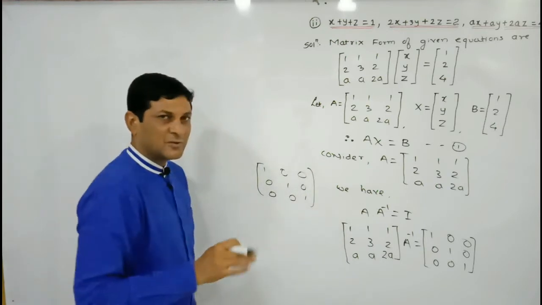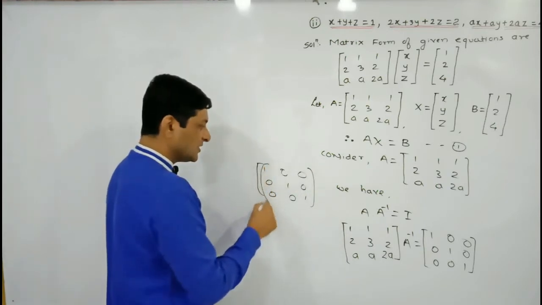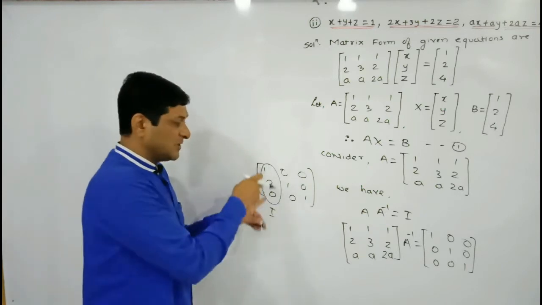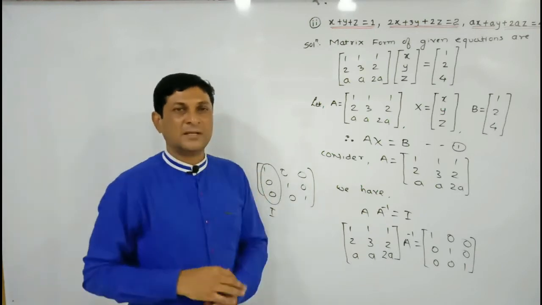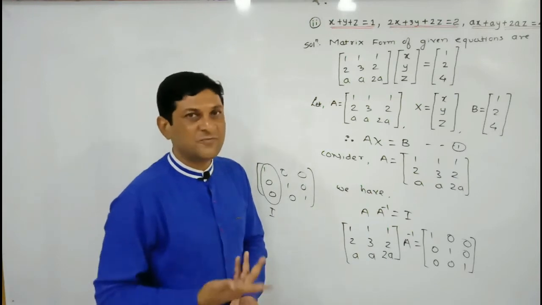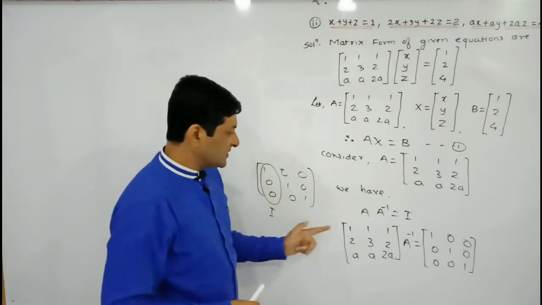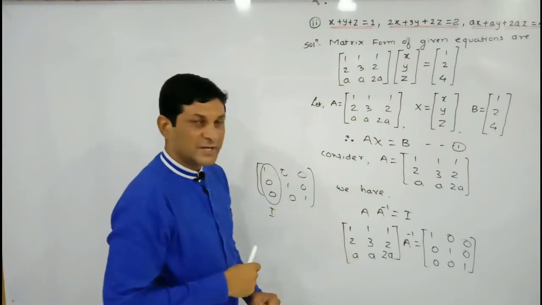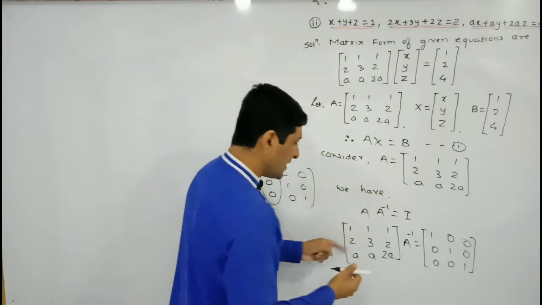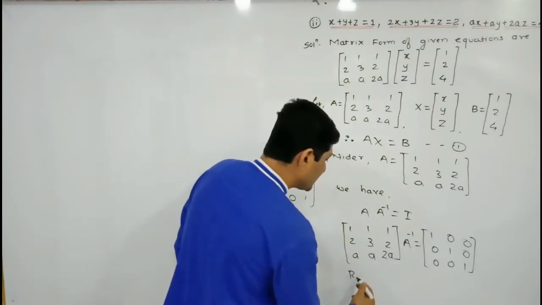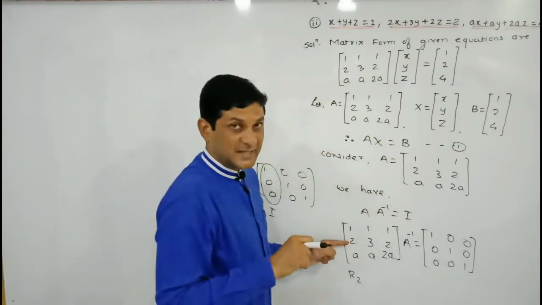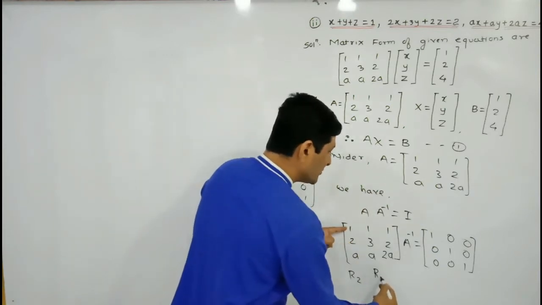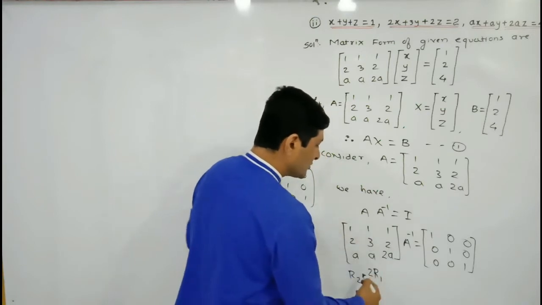Whenever we apply row transformation, our first step is to convert the elements of the first column into 1, 0, 0. Let us try to get 1, 0, 0 in the first column. To complete our first step, here we require 1, which is already there. Here we require 0, and here also we require 0. To get 0 here, our operation is on R2. What is the element of R2? 2 is there, and from 2 we have to subtract 2. That's why I am multiplying R1 by 2, so that here we get 2, and 2 minus 2 will become what?